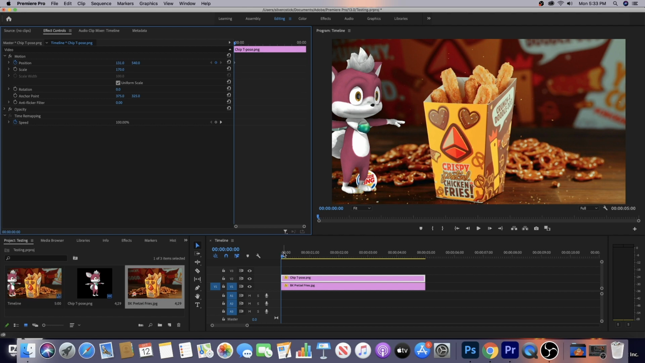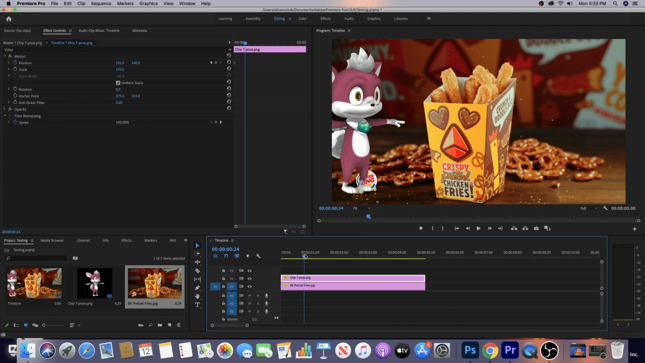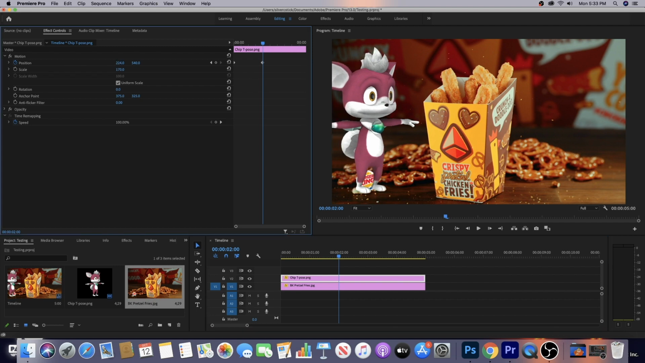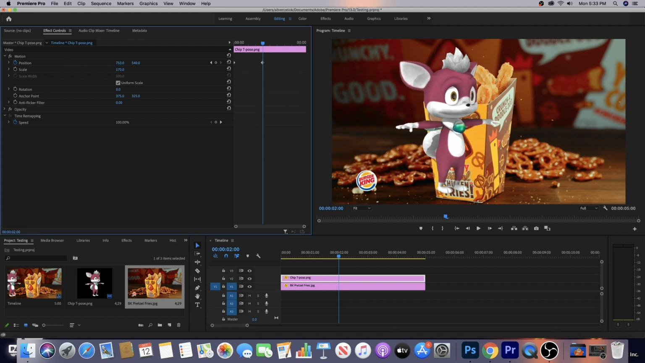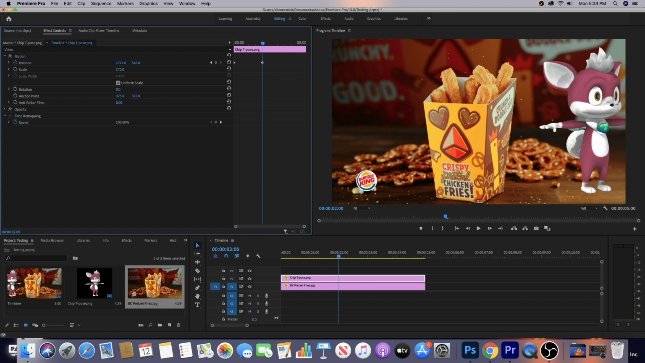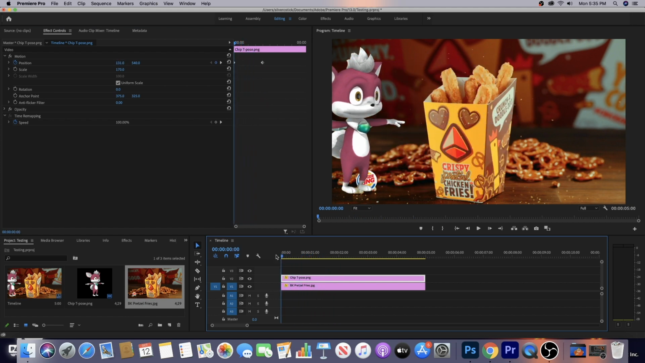Now we go to where we want our movement to stop. Let's say 2 seconds later, so 2 seconds in. And then we go up and use the parameters again to move it to our stopping point. Now here in Premiere Pro, it automatically set another keyframe for us once we move the object. In other programs, you may or may not need to add another keyframe manually. So now if we just play through it,